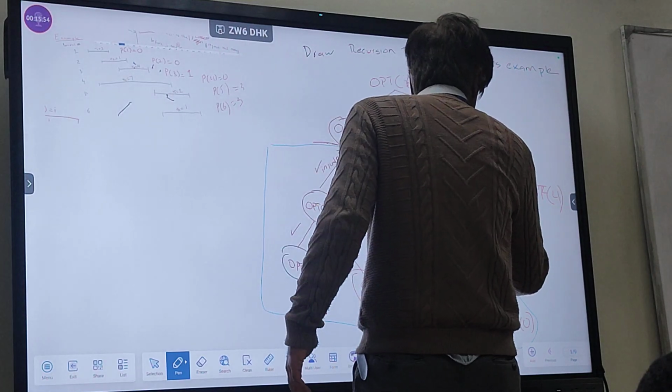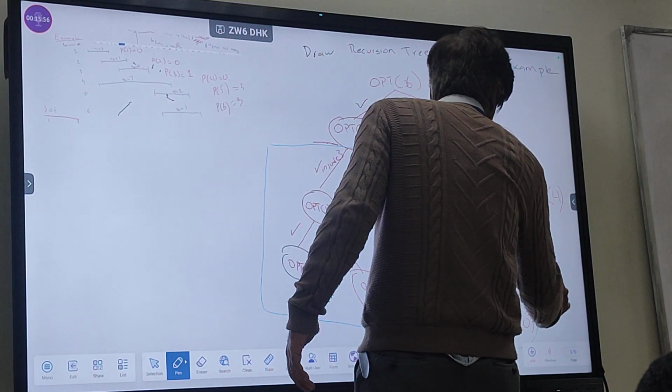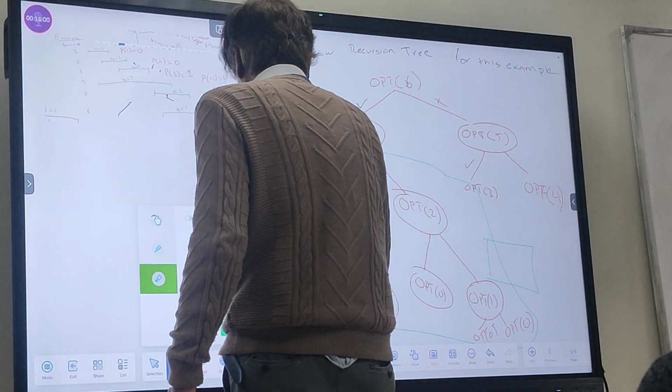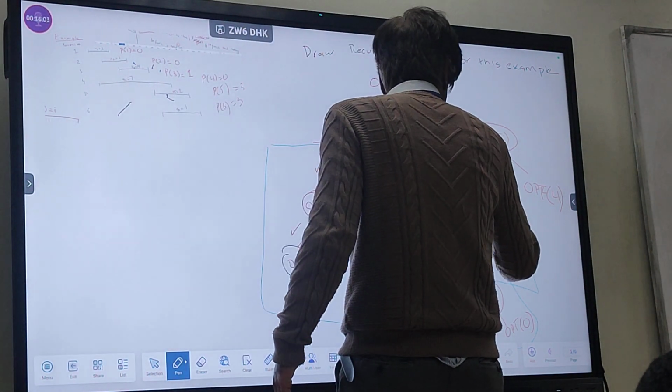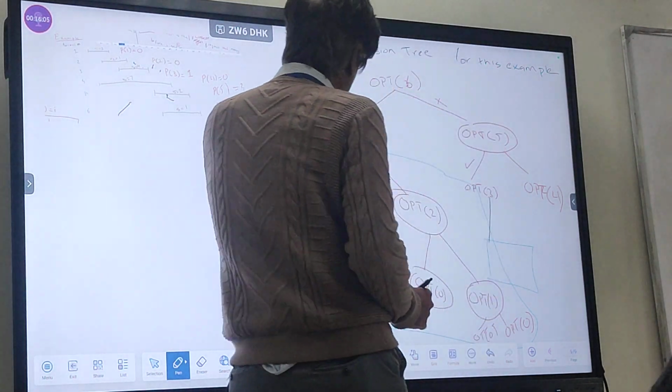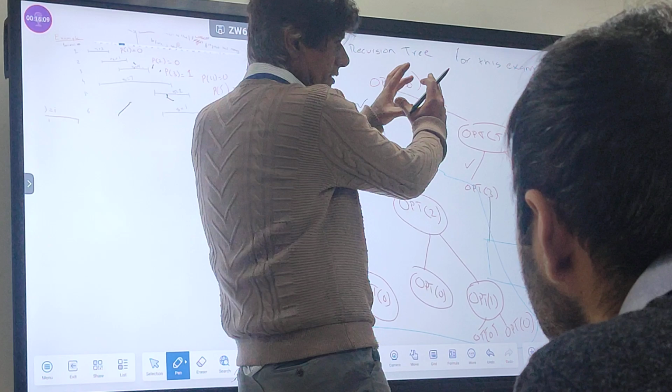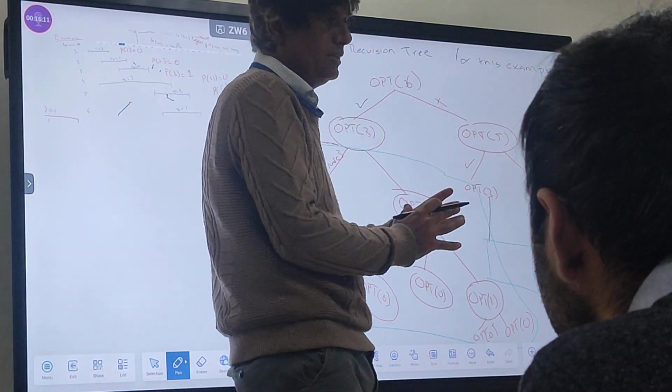This whole chunk will come over here like this. It will get attached to this thing. That should be clear, I think.